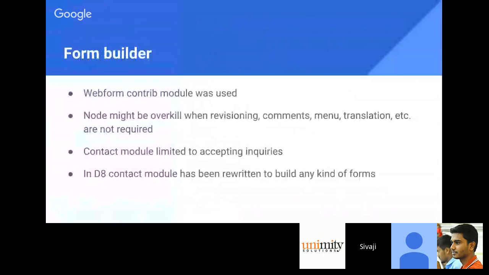And form building is something Drupal is often used for doing, and we had to rely on a Webform-like module for creating custom forms in case of Drupal 7. And